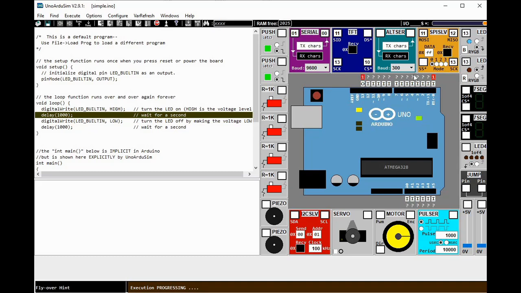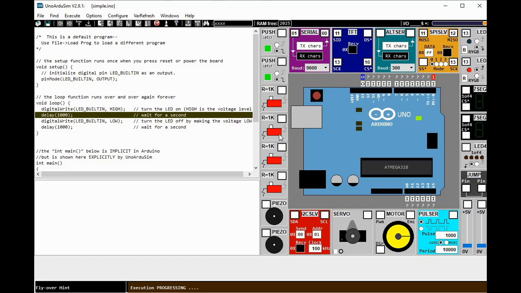So to continue, let us try to explore using the other pins, such as pin 4 to pin 11.